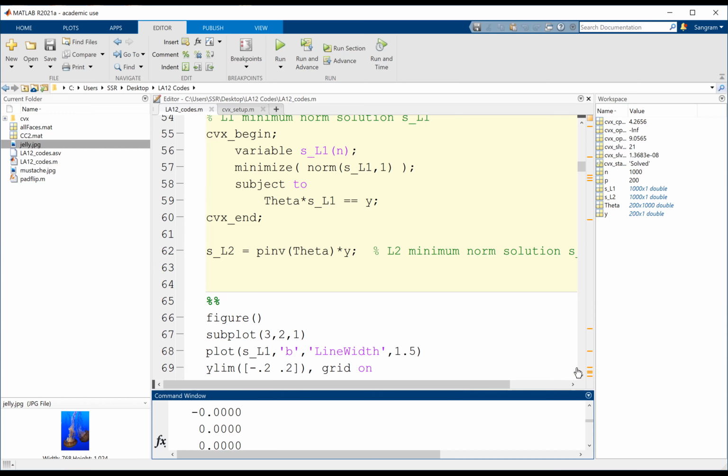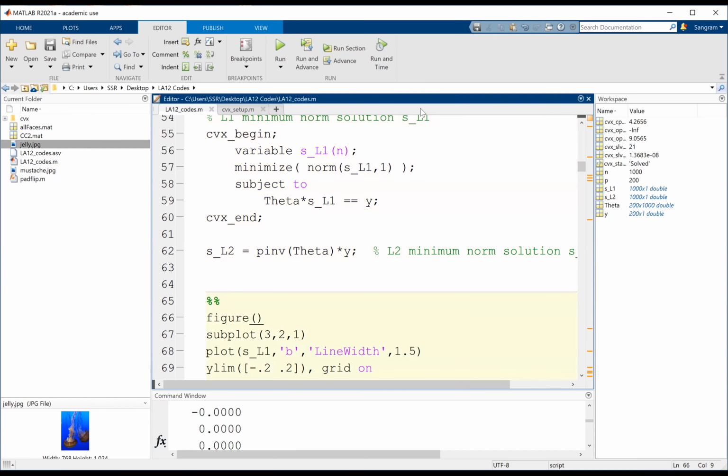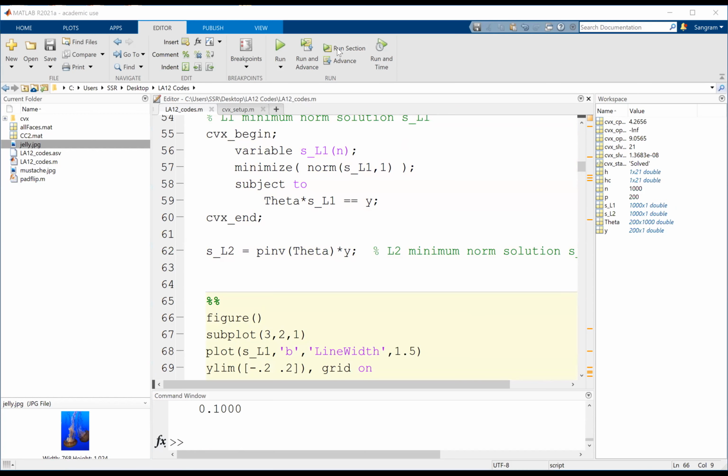Now, next thing I want you to do, and this is actually where you will see what happens, that shows you the sparsity of the solution. Basically you will see on the left hand side, you are finding the solution using the L1 norm, and on the right hand side, using the L2 norm. L2 norm gives you some sort of Gaussian histogram, but L1 norm gives you a peak, which shows you that the solution is sparse.